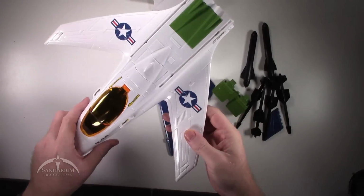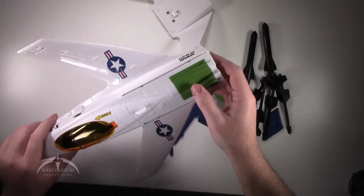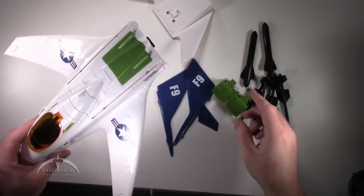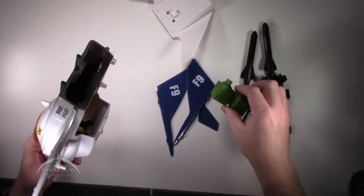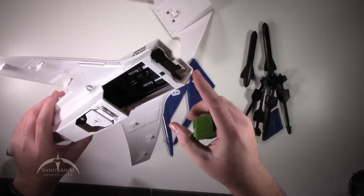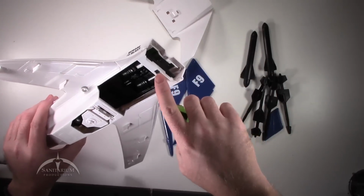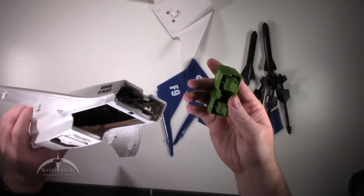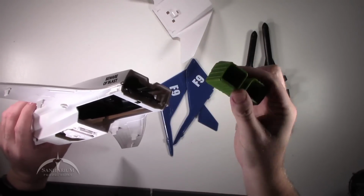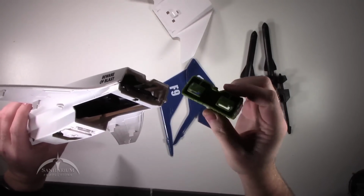Looking at the actual body here, we've got some basic stuff on the back and not a whole lot of anything else, so really not a whole lot here to assemble. Let's see, I guess we'll start here with the engine cover. Looking at the rear end of the actual jet, this is the bottom of the jet. You can see there's a couple of little tabby things here, and there's a little V groove right here. So we just take this green engine cover, line up that V groove with this little V groove here, and